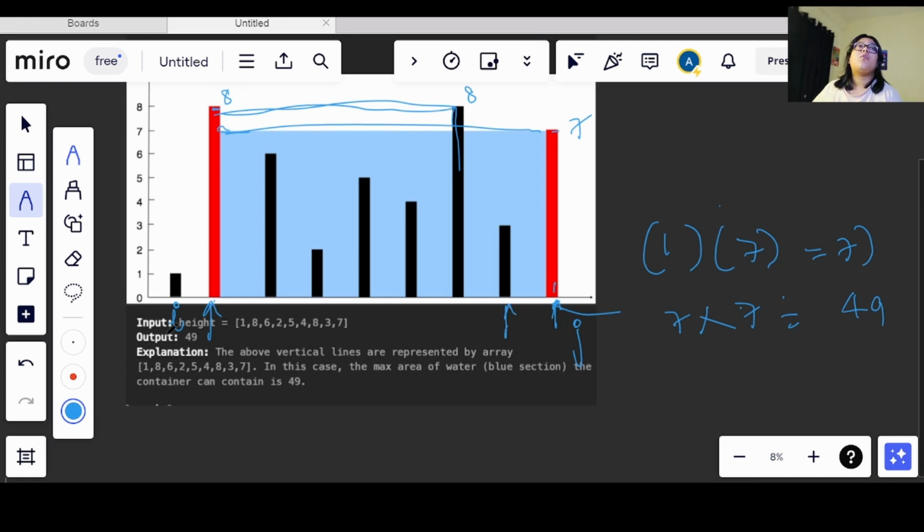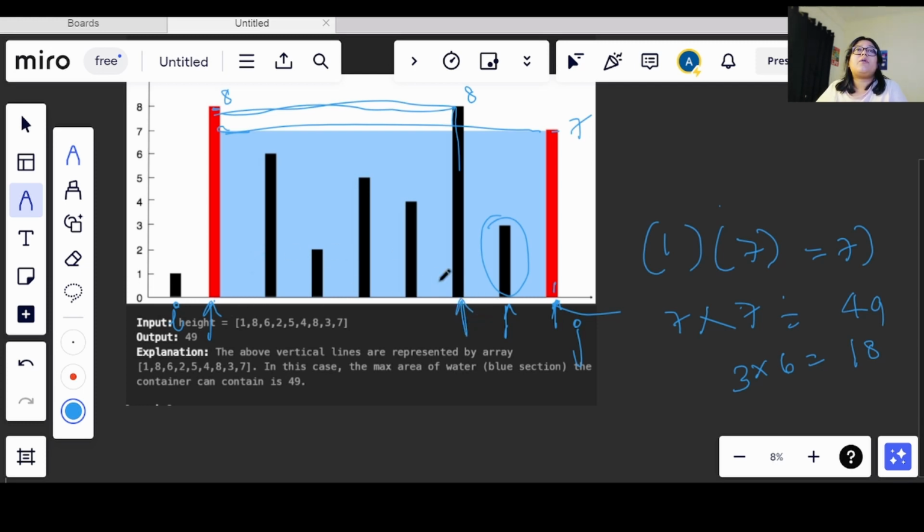Now we will again take the area. Out of these, which is the minimum? This one is the minimum, so we have 3 here. So we take 3, and the difference between them, which was 7 before, will now be 6. So we get 18. Again, between these two, this was the minimum, so we will move this forward.